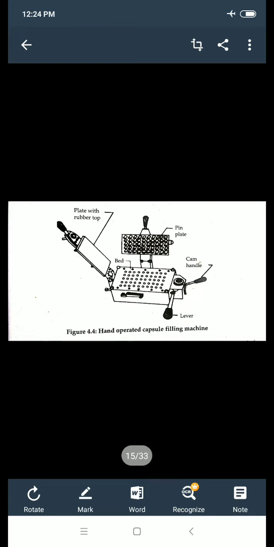Place the powder into the surface of the body plate and spread with a spatula for a uniform filling of each bodies, and you have to remove the excess powder on the plate. In the next step, the pin plate is lowered in order to press the filled powder. Again you have to raise the pin plate, remove the powder tray after filling, and in the next step the cap holding tray is then repositioned over the body, and the capsules are rejoined by the manual pressure, and in the last step you have to remove the loading tray and collect the filled capsule.